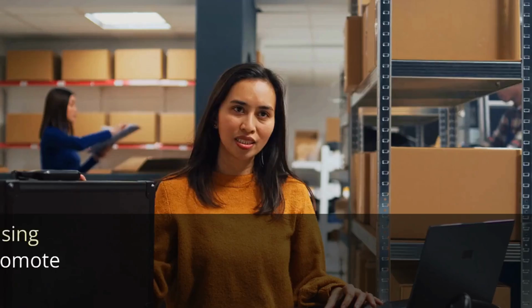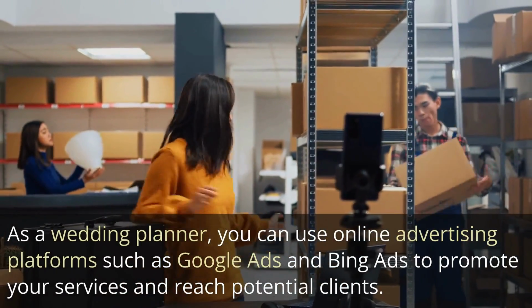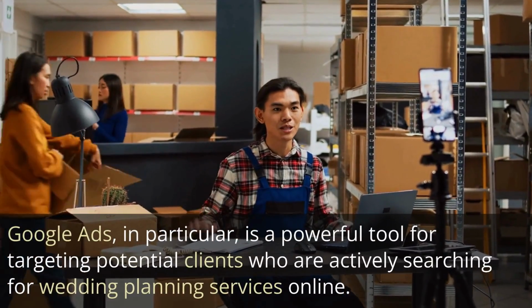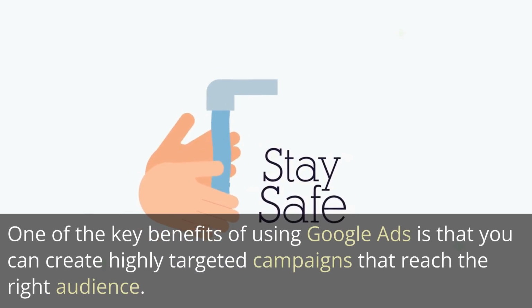Google Ads. As a wedding planner, you can use online advertising platforms such as Google Ads and Bing Ads to promote your services and reach potential clients. Google Ads, in particular, is a powerful tool for targeting potential clients who are actively searching for wedding planning services online. One of the key benefits of using Google Ads is that you can create highly targeted campaigns that reach